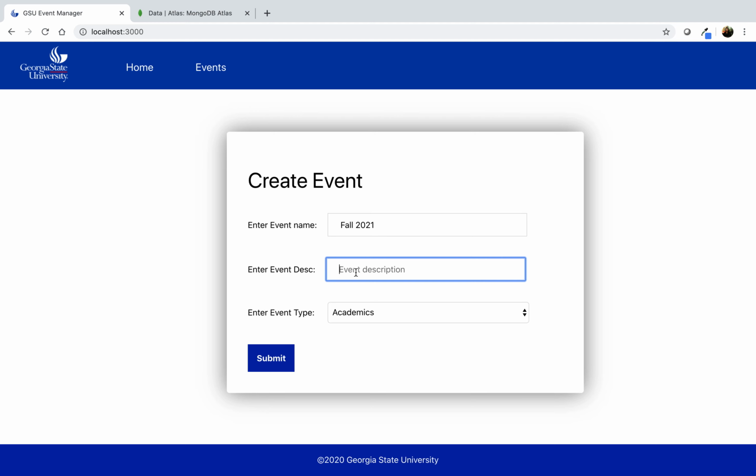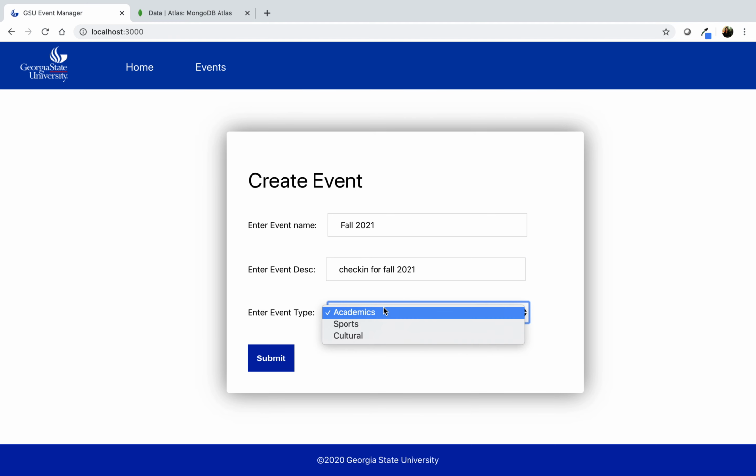Let me enter all the fields so that I can show you a little feature that I've added in our next page. I have given three options for the event type: academic, sports and cultural.